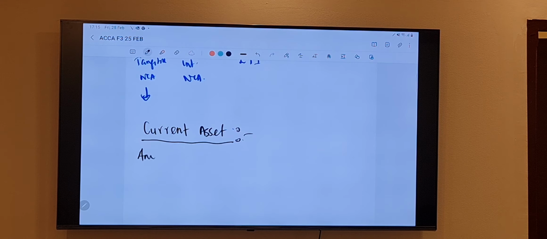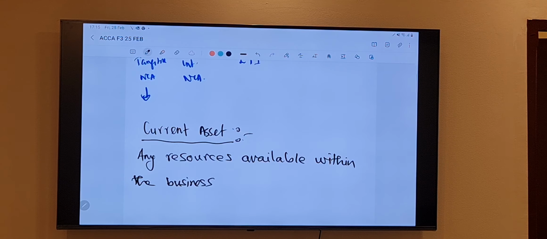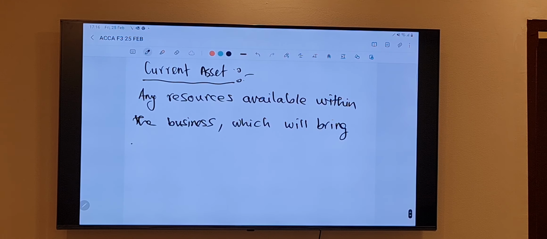Any resources available within the business which will bring economic